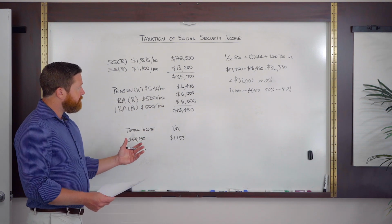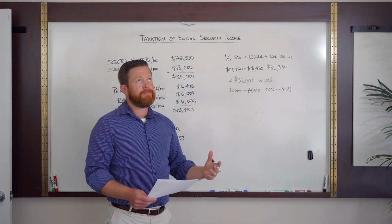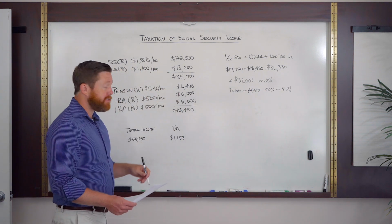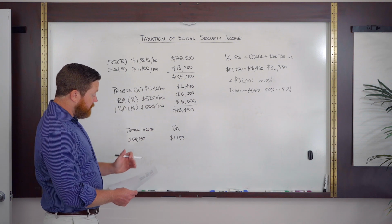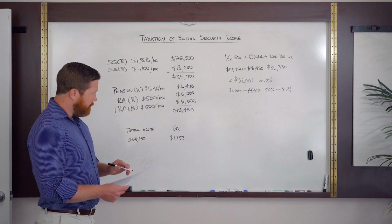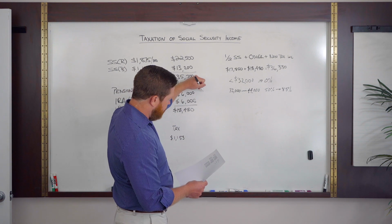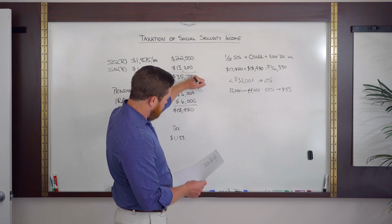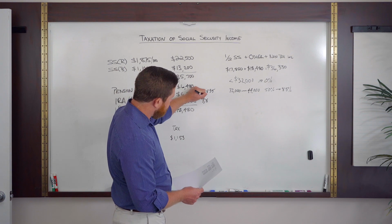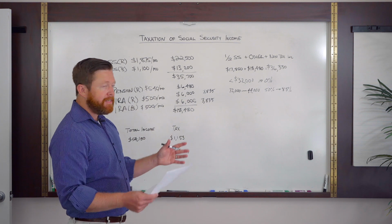But what if we were to find out how we could lower our $36,000 to get it to $31,999? Because then we wouldn't have to pay any tax on this $35,700 here. So what we would do is lower our IRA withdrawals. Instead of $500 a month, let me go with the long-term number here, $3,835. If we do that for each of them and cut from $500 a month down to $319 a month,